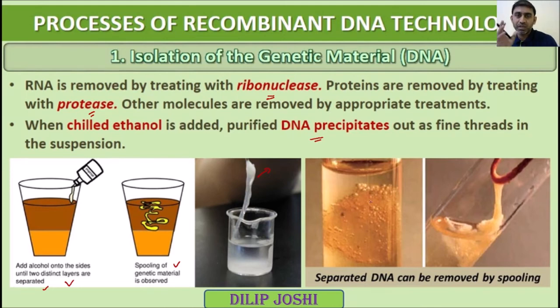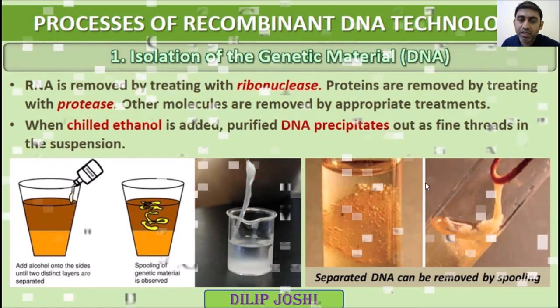There they will take spinach leaf and papaya, and the other materials required are NaCl and detergent. With the help of this, the plant cell wall is removed and the DNA is taken out. But that is not clear; you can't see the DNA strand on its own. Here you can see the thread-like DNA.